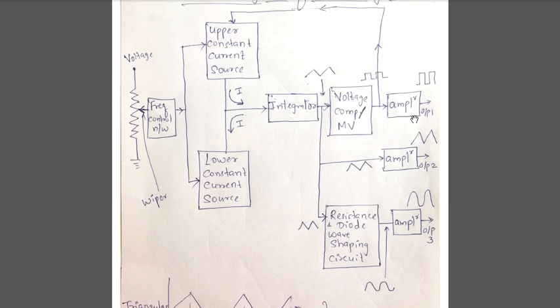Okay, let me take you through all these different blocks. First of all, let us not forget that a function generator is the one which is going to give me different functions at its output. It is going to give me square wave, triangular wave, sine wave. So let me first have a look at the output part, that is the right side part.